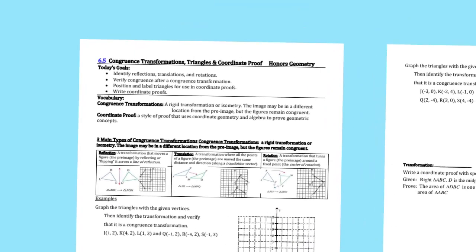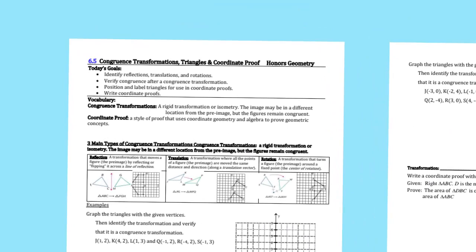Okay, so today we're going to be doing congruence transformations and then also coordinate proof, which is actually kind of a relief because we're going to use numbers rather than words to help us show that triangles are congruent to each other. So it's a different take on a similar thing, because if we're trying to show something, sometimes we use statements and reasons, sometimes we use just words, and sometimes we use numbers to help us show that. So